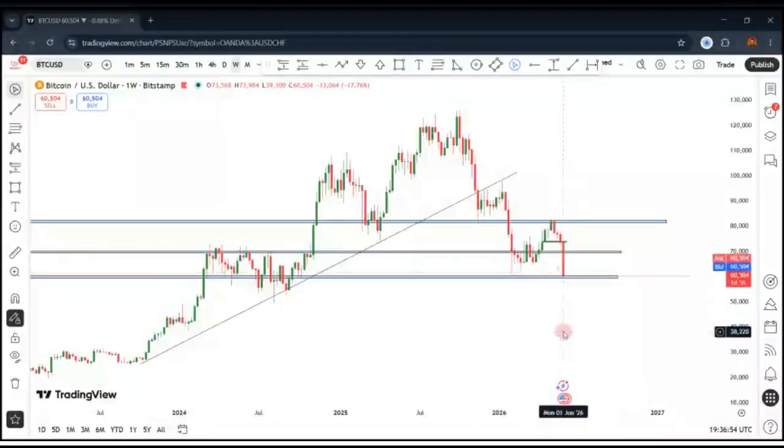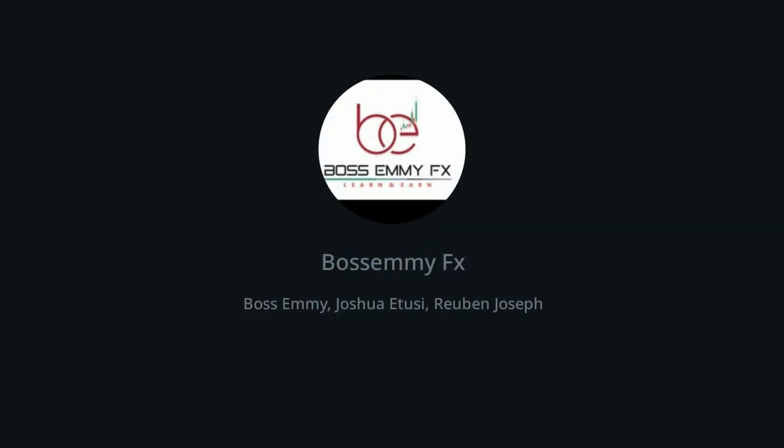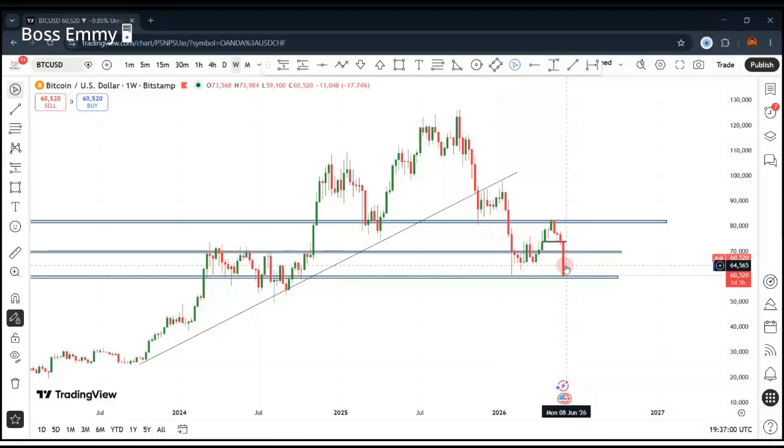In the next 24 hours, this candlestick will be closing. And once this candlestick closes, what it simply means is that the sellers are very strong in the market, because